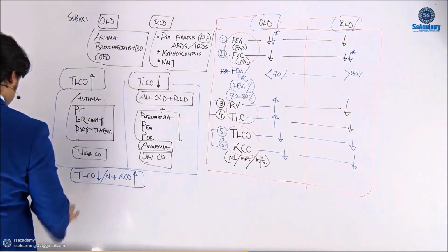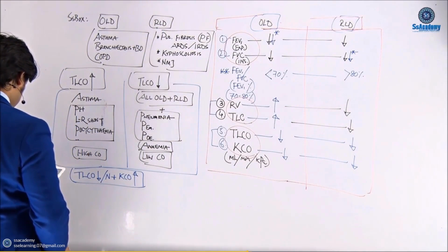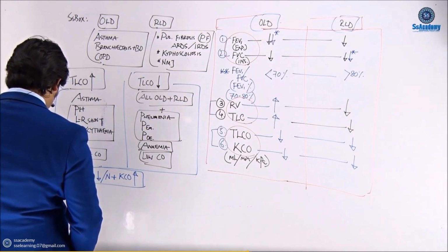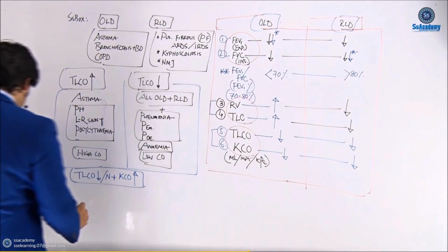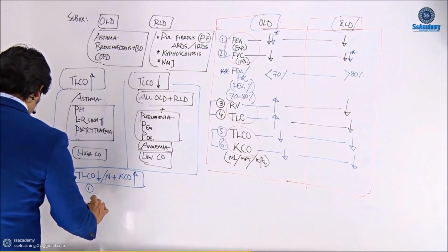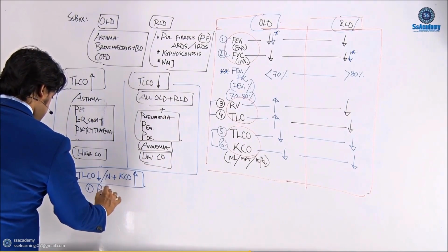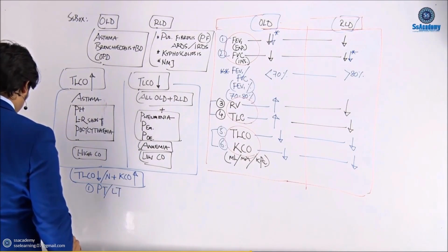So this is another box. So these are very separate causes that we need to remember. Just write it down. Number one, PT means pneumonectomy, LT means lobectomy,